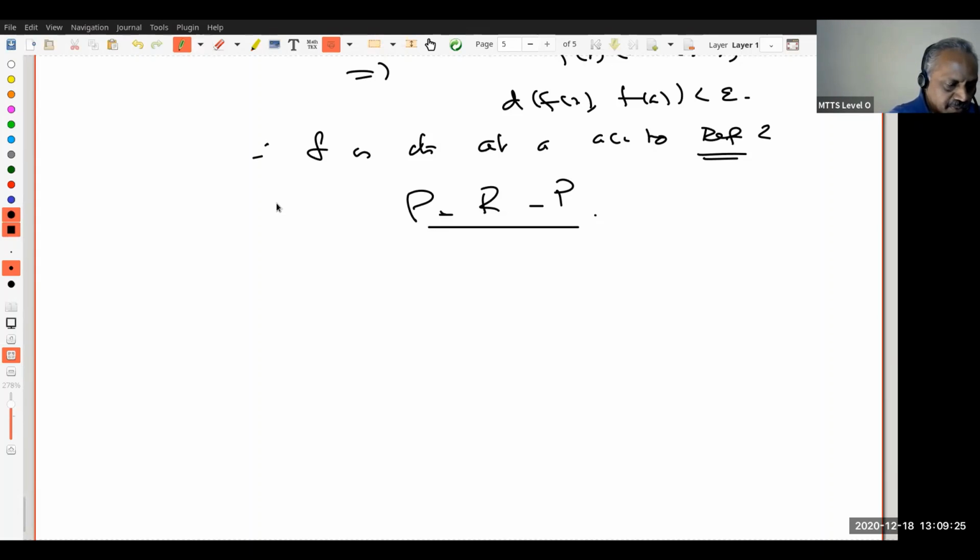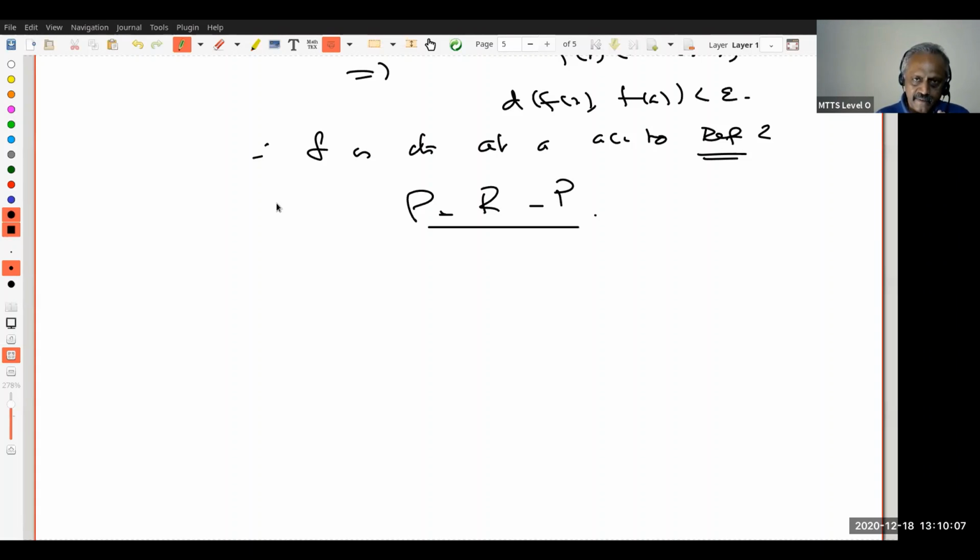Okay, so what you have shown is that we have now successfully carried out a program. What is the program? We started with the continuity of f at a point in terms of sequences. Next, we defined continuity of f at a in terms of epsilon-delta. Next, we defined continuity of f at a in terms of open sets V in Y and U in X with certain property. And we have proved these three are equivalent. How did we prove it? We proved definition 1 is equivalent to definition 2, and we proved definition 2 is equivalent to definition 3. Therefore, all three are equivalent statements.